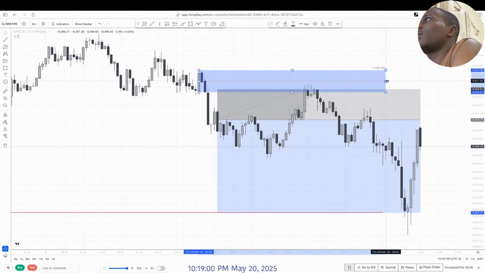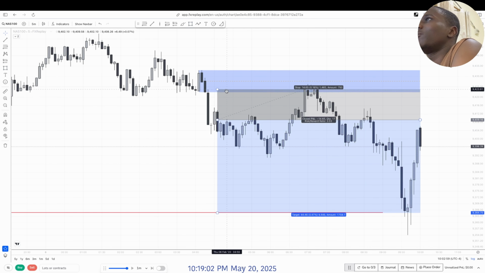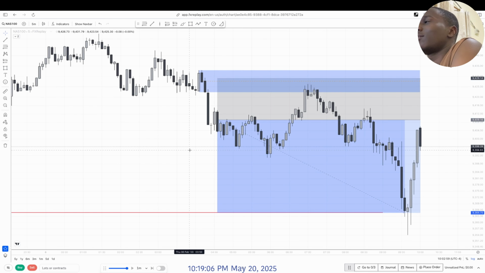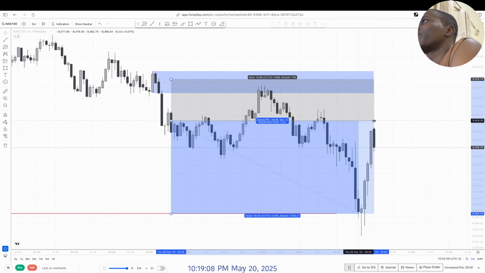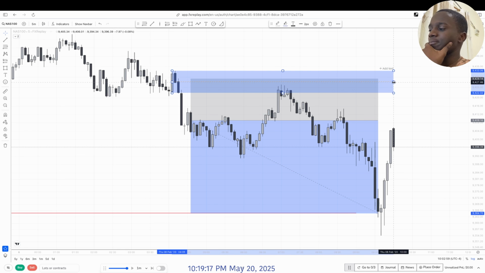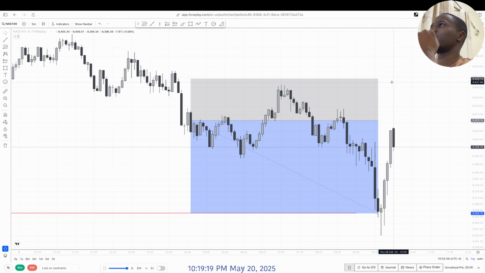Wow, which means a good ideal entry would be right here. A good ideal stop loss, I mean. Anyways, these videos are to document what I put in my trades, so I have to record my backtesting sessions. It's like journaling. So this fair value gap